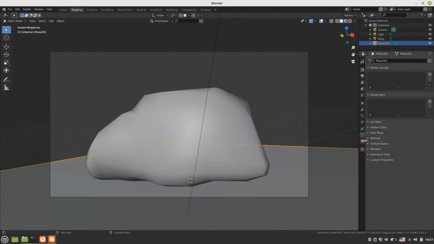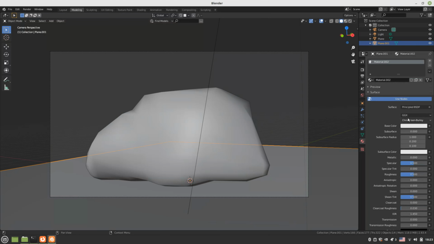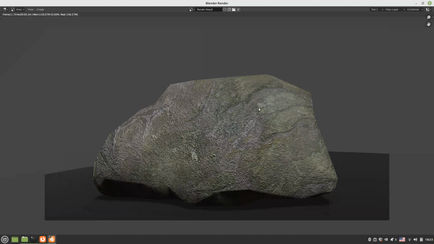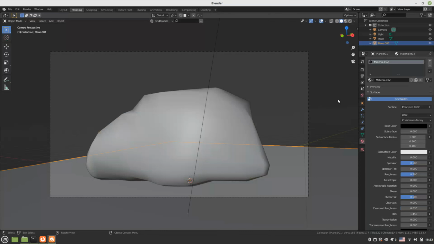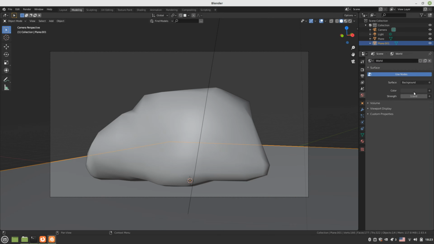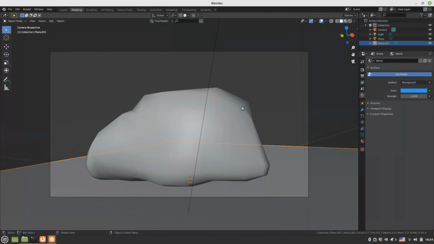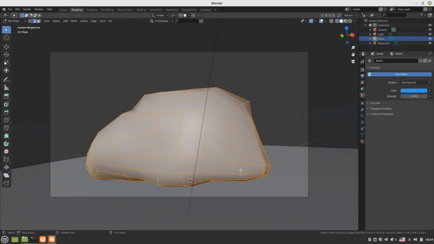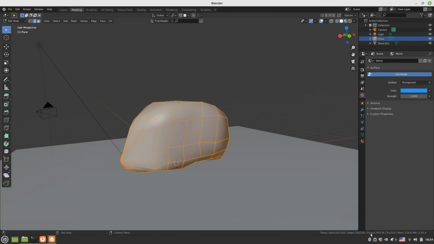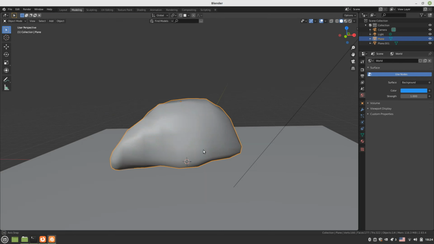Make the ground dark in color. Base color very dark. Press F12 again to render. That's cool, right? And let's give the world background color blue, sky blue. F12. It's a beautiful rock that we have created, and it looks a high poly rock, whereas it's actually low poly. It's a game asset you have created, just 176 faces for the rock,